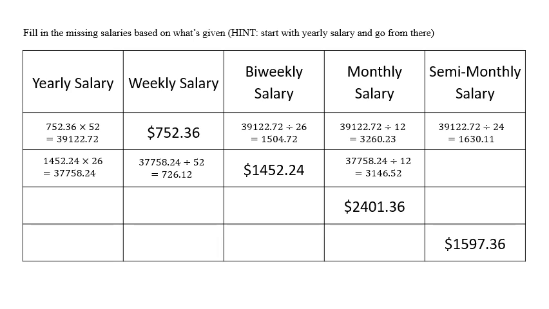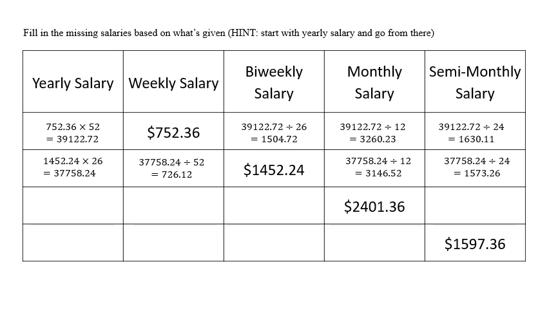$726.12. The monthly salary by dividing by 12, $3,146.52. The semi-monthly salary by dividing by 24, $1,573.26. So the next row, we're given the monthly salary of